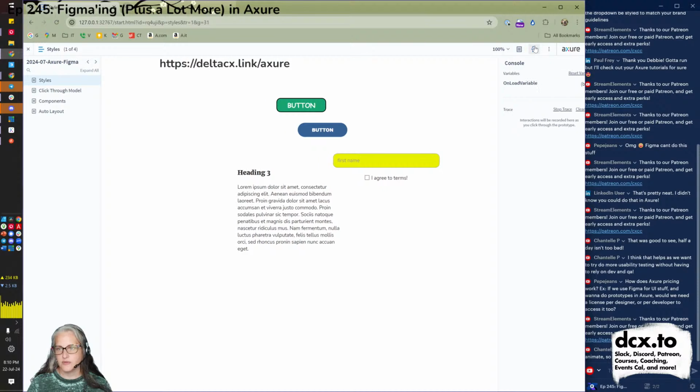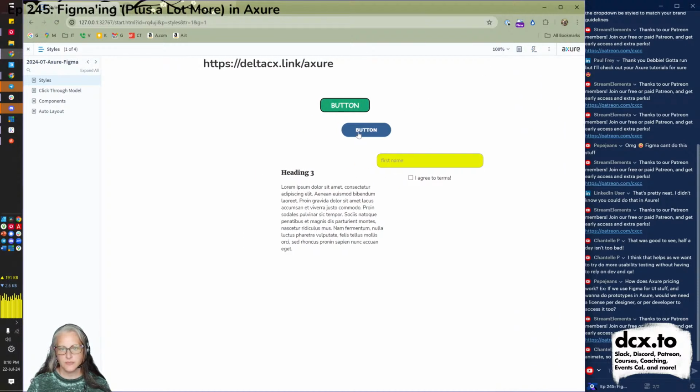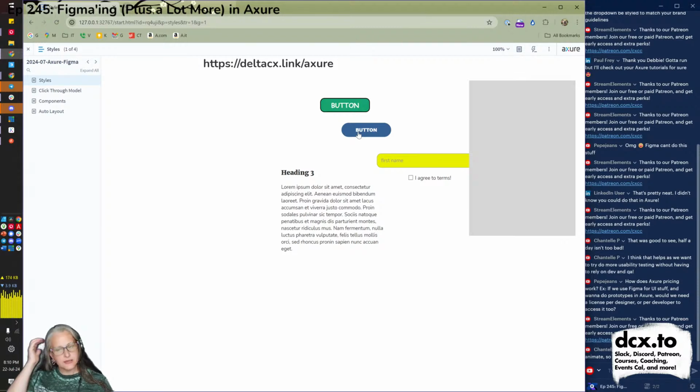Let's get rid of this and watch that slide in. Now, it wasn't exactly from the side, because we have a little bit of a margin here just because of the size of our screen. I could do a couple of things that would make that absolutely locked to the side. You do have pinning stuff to the screen, so like if you always have a chat widget on the bottom right, you can lock it there. If this is really locked to the side of the screen, even when people scrolled, you can do that as well.